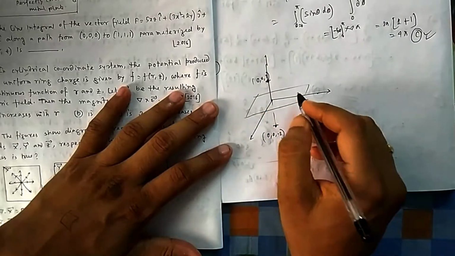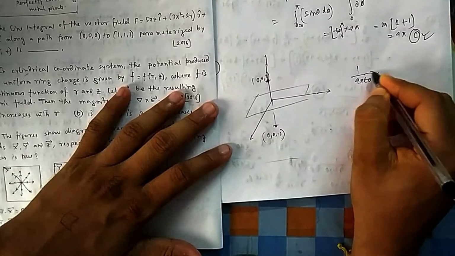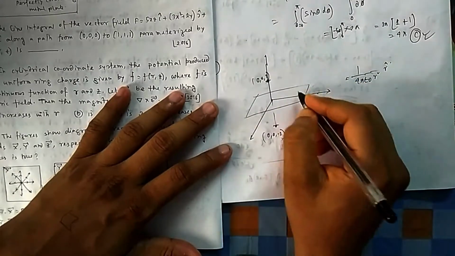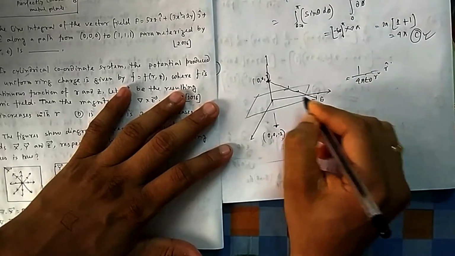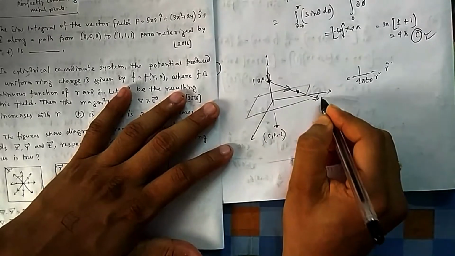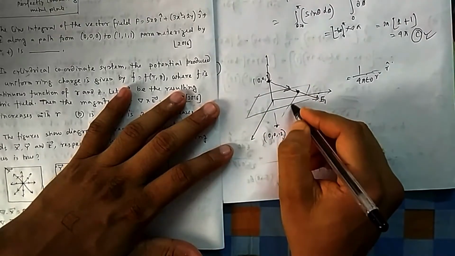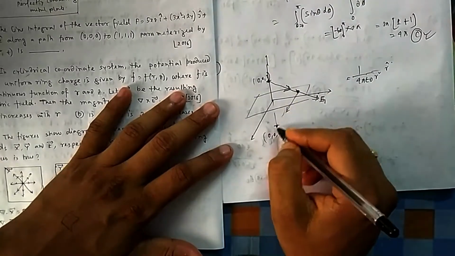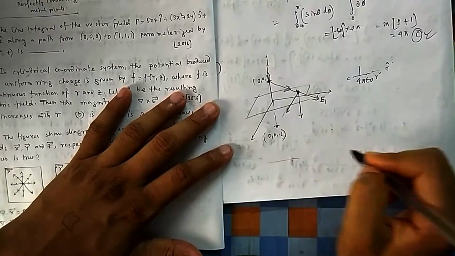What will be the electric field of this one? What is the formula of electric field? 1 by 4 pi epsilon 0 r square, then r cap. R is the connecting point. This is the r cap. First, E1 will be due to this. Suppose this is the point. I am marking this as E1 due to this point charge, and this is negatively charged, so its E2 will be in this direction. It should be outward. You take the resultant of this, so you will find E.